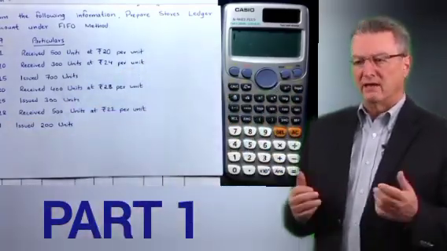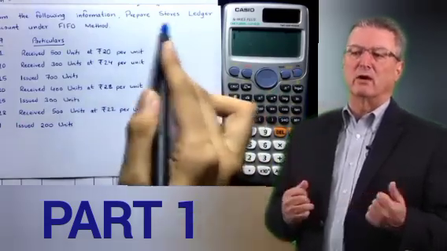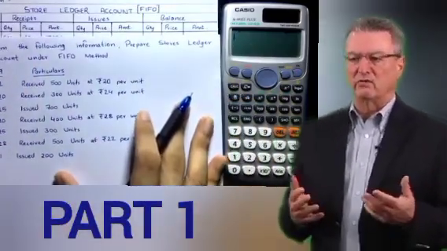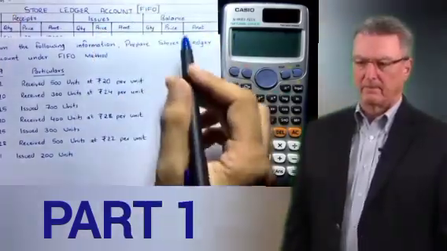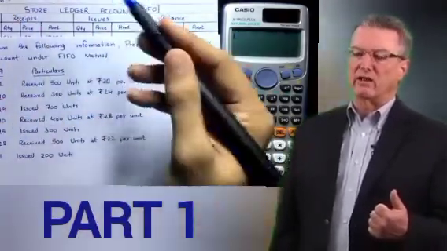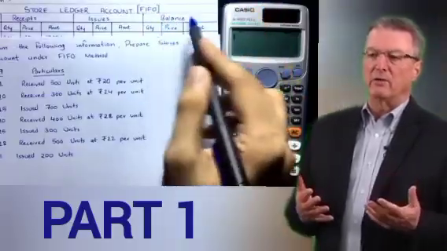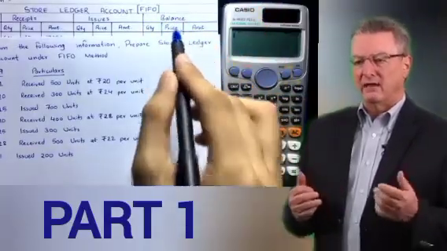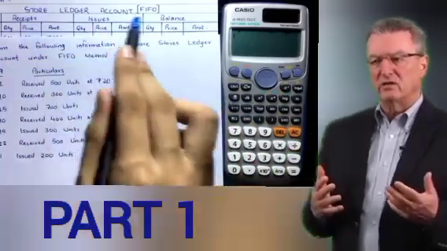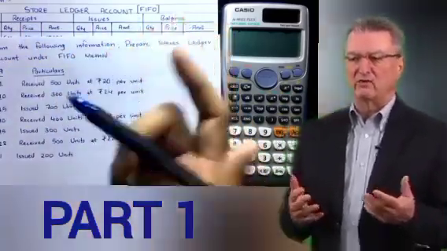Understood? So first you have to understand the format of the store's ledger. See, the format is very simple. You have the date column, receipts column, issues column, and balance column. Receipts means what has come, issues means what has gone out, and balance means whatever is there in the warehouse. And then in these three columns, receipts, issues, and balance, there are three more sub columns: quantity, price,